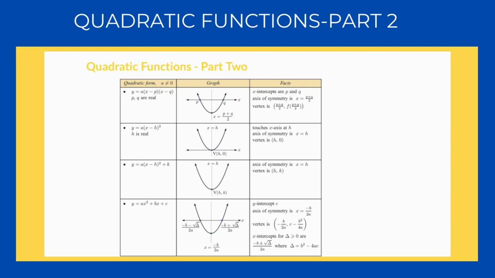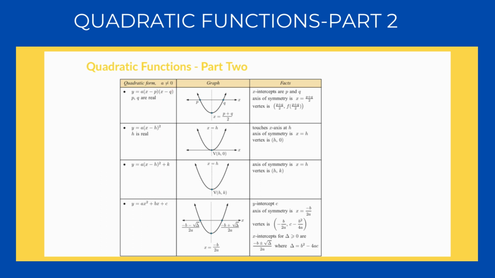So the first form that you might be given in the exam is y equals a times (x minus p) times (x minus q). And of course, a is not equal to 0, and p and q are real numbers. So the graph would look something like that. So the graph cuts the x-axis at two different points, which are p and q. So the first x coordinate is the value here, which is p, and the second x coordinate is the value